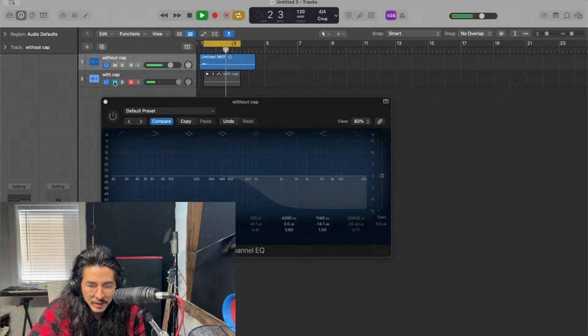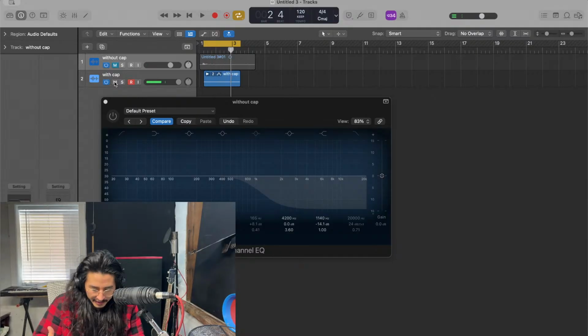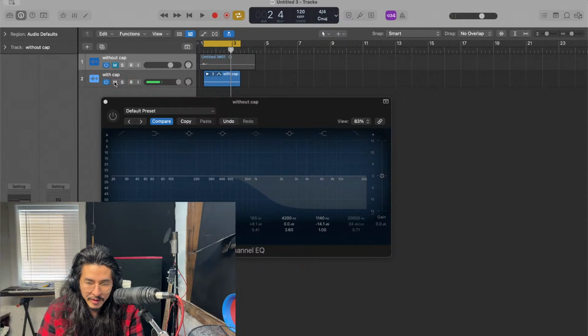Original, with the cap. So I think it's going to make a difference. I might need to play around with it a little bit. And basically my theory with this is, it seems intuitive, but the actual science behind it is